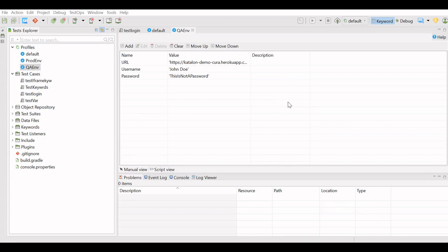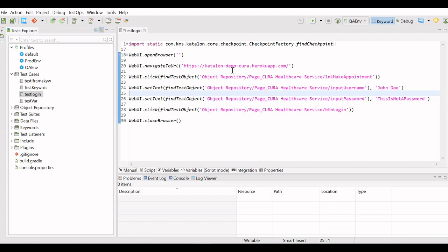So we have got three different profiles. Here you can see these three profiles added, and now the default profile is ticked. It means the test while executing will take the default profile. If you want the test to be executed with a different profile, you can select that profile and execute the test. But our test is not yet ready for execution as we have not referred the values from profiles into our test cases. How do we refer to the values from the test cases?